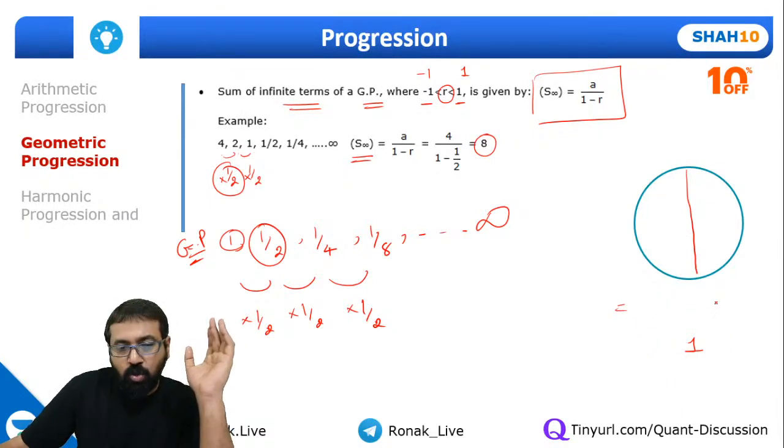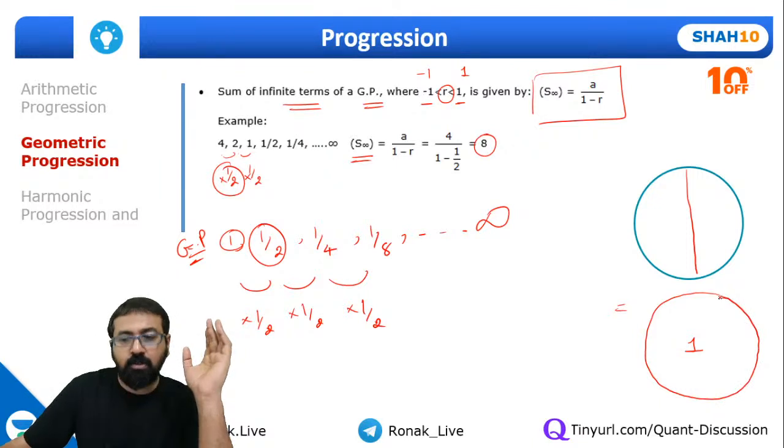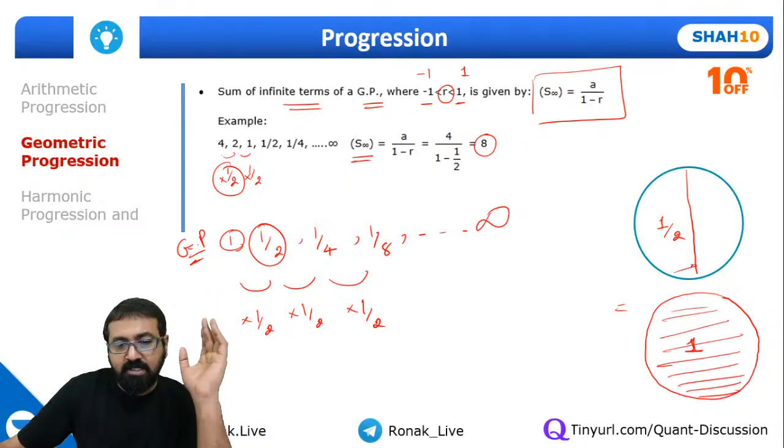If I want, I can increase the size of the circle so that both of these look the same, right? So this is 1. Then half means this is half. Let me just shade it. So 1 means this part, then half means this part. So we have already taken these.